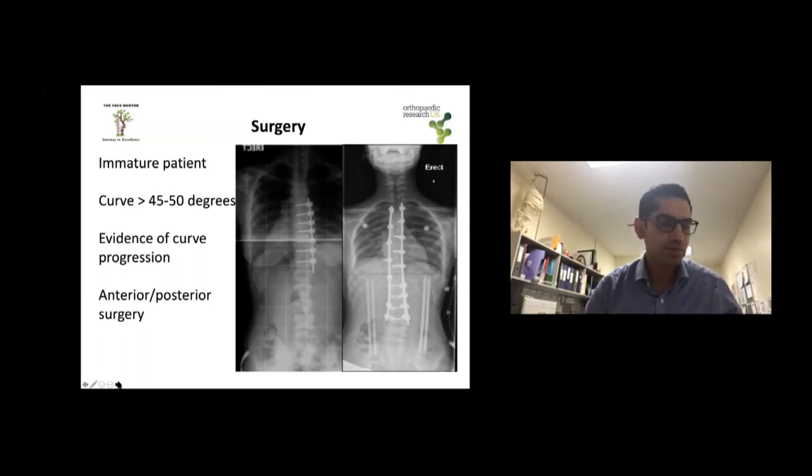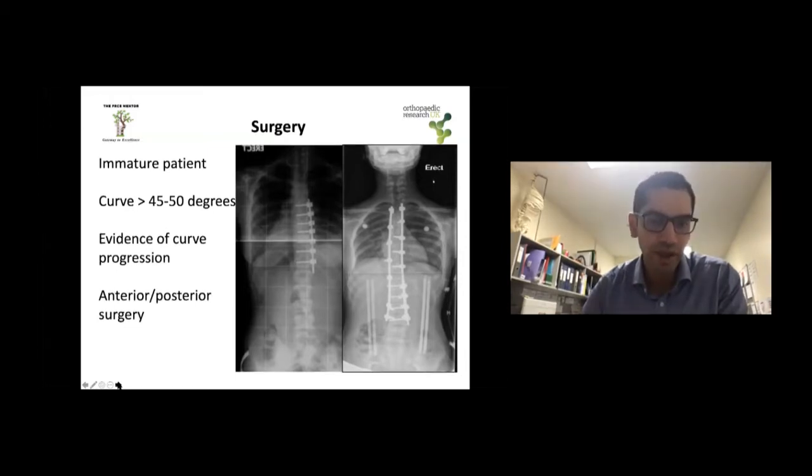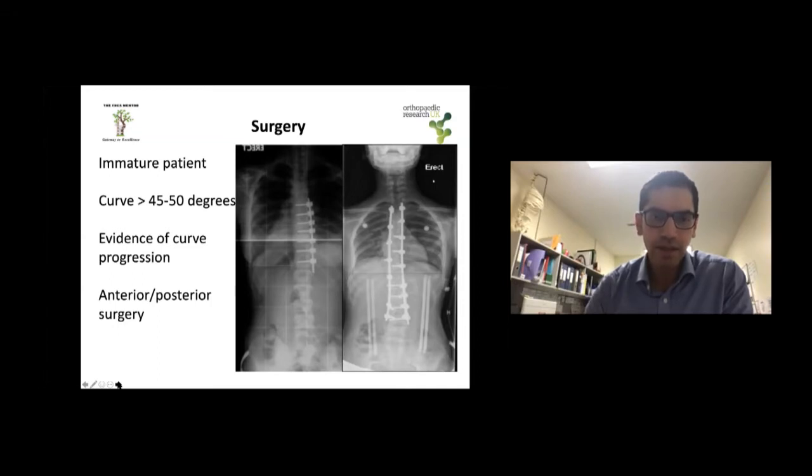In terms of surgical treatment options, there's different ways of approaching it. The most common surgical approach would be a posterior fusion of the spine. Essentially the aim of the surgical procedure would be to fuse as few motion segments as possible, fuse across the curve, try to get a balanced spine, and to have high fusion rates as well. Generally it's done posteriorly, but if you've got a very solitary curve, such as a solitary lumbar curve or thoracic curve, you can use a purely anterior approach,